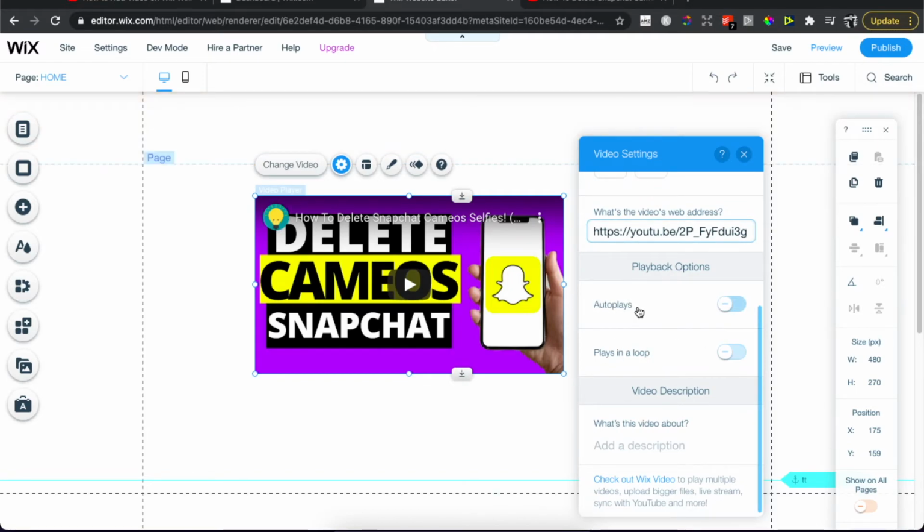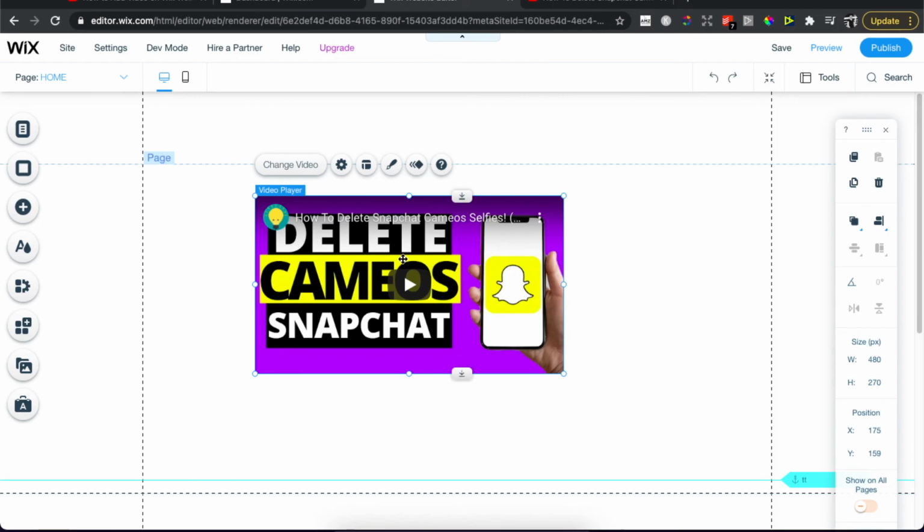And also you can play with the playback options, so you can turn autoplay off or on, or you can play in a loop, or you can add a video description. And that's pretty much it, how you can add video to your Wix